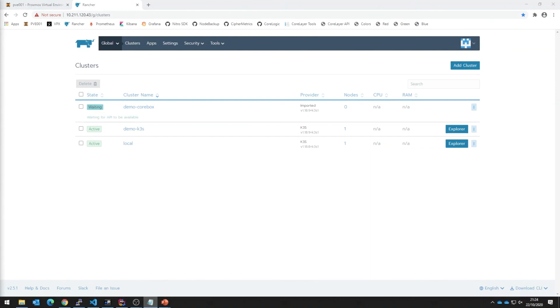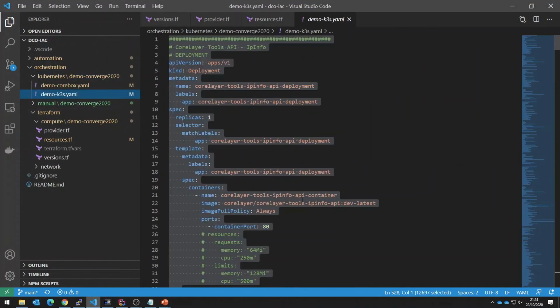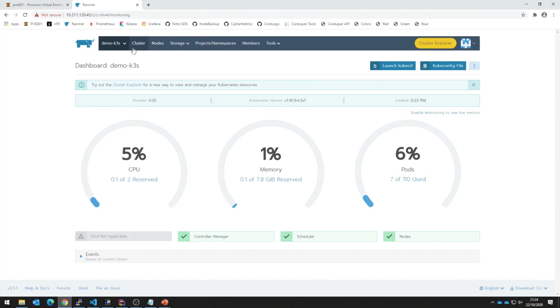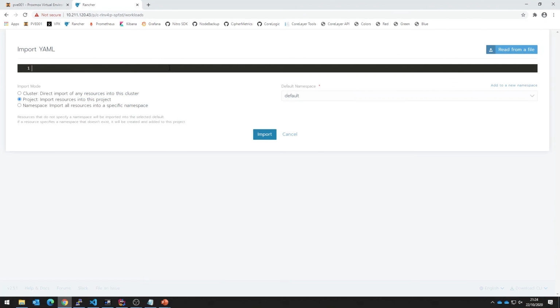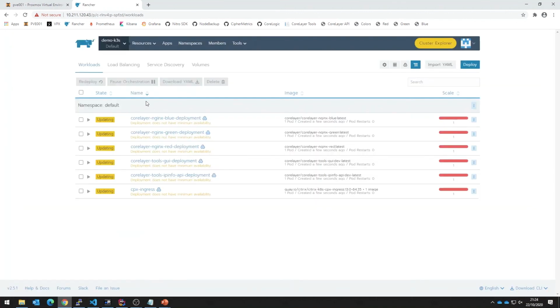Now, for convenience, I will deploy the services on the K3S nodes immediately. So I have prepared a YAML file for the K3S server. Let's copy that one. Of course, we can do all this on the command line, but in this case, it's a bit faster to do it this way. So I copy paste the complete YAML file. I say import, and if all goes well, it should start deploying some workloads, which are basically a bunch